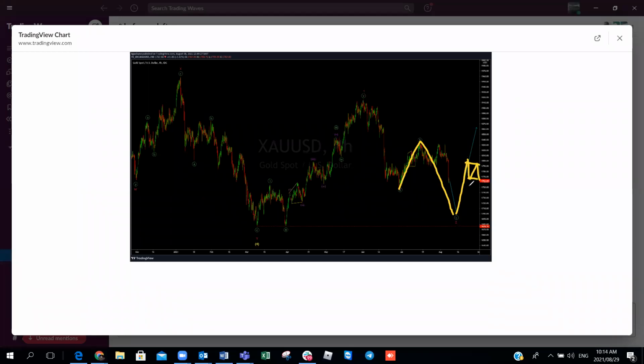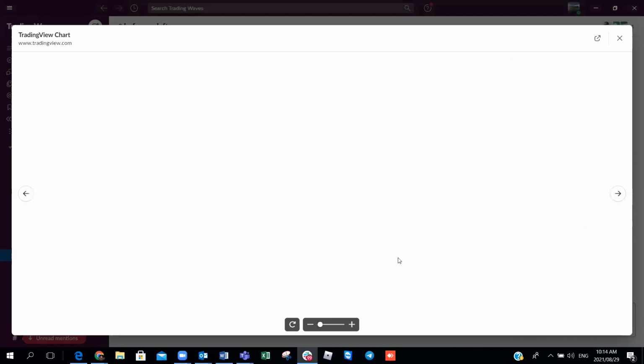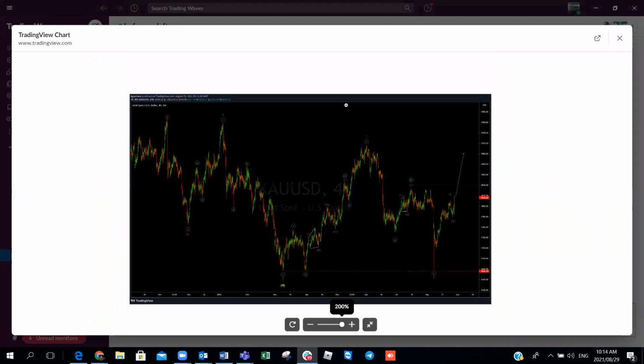So we've already got this move here on gold. Let's show how this has played out and then go to that trade setup. So that was the forecast on gold. We got those moves, as you've seen forecasted. We've got the move to the downside. We've got a push to the upside here forecasted, and we're still expecting this to make a move to the